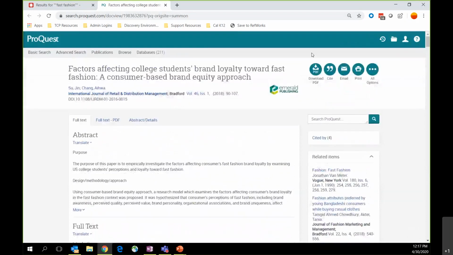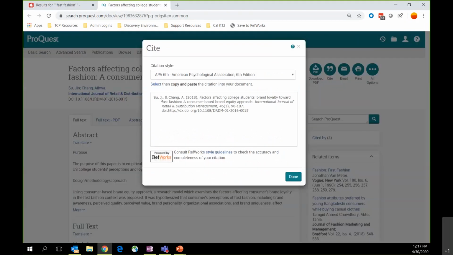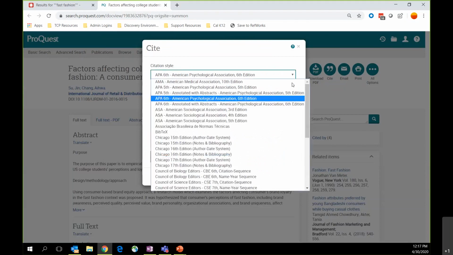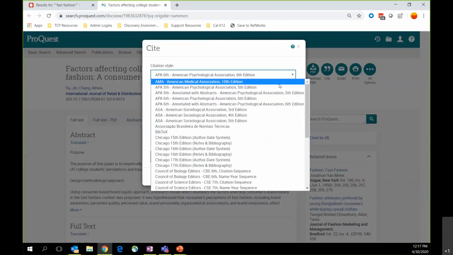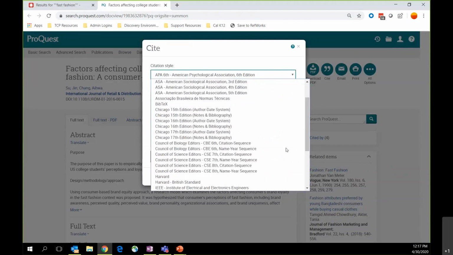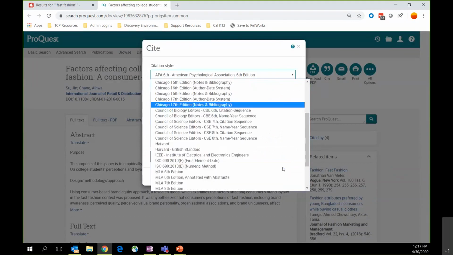text, and then in the upper right-hand corner, this is where I see all of the options for downloading the PDF. If I choose to cite this and click on it, it's going to give me a little pop-up here. We have a variety of citation styles. So depending on what you use at your institution, you should be able to find what you need here to